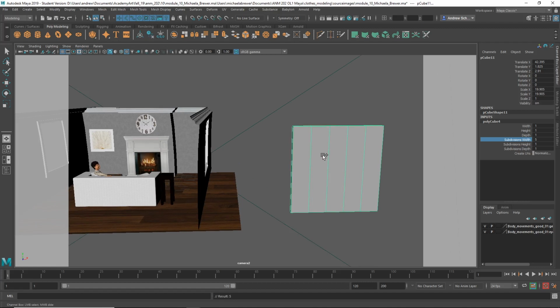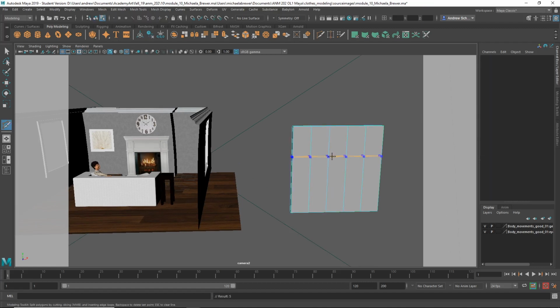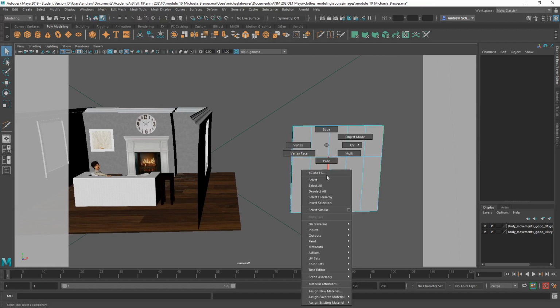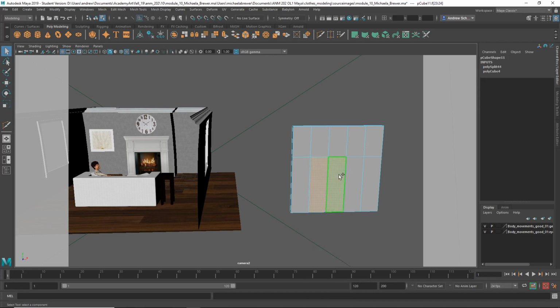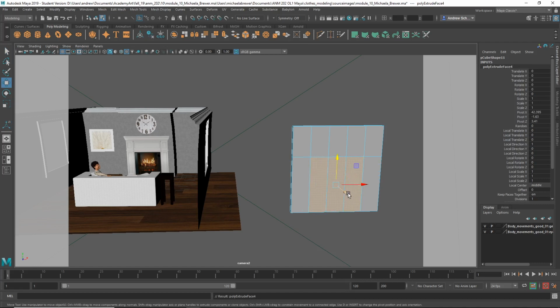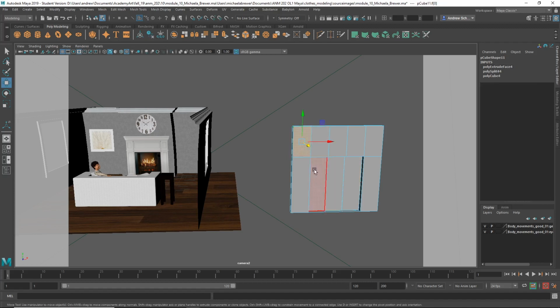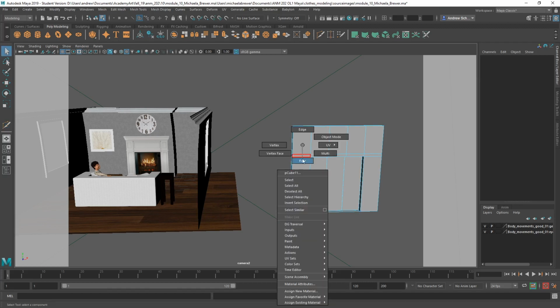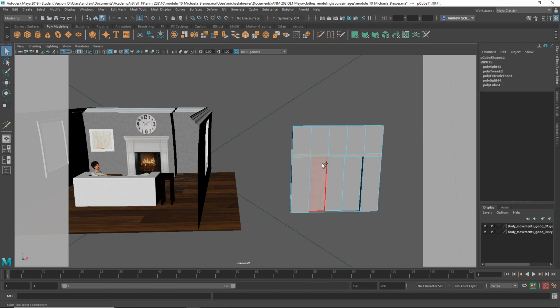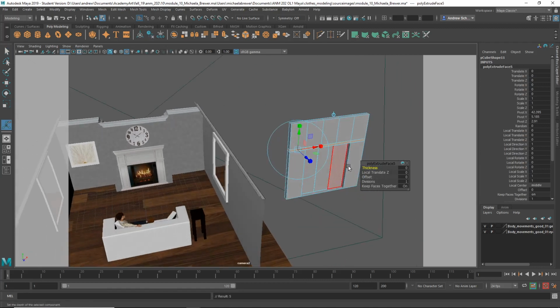And then maybe Control Shift X and put this here, and then take these guys and, I'm doing a very rough version of this, just to get the general idea. But then you could take, maybe you want another one, Control Shift X here, and then you could grab this face row, Shift double click, and Control E, and pull those out a little bit, and